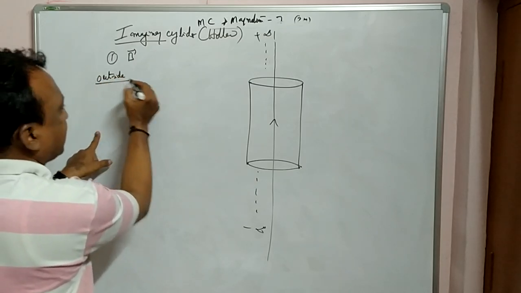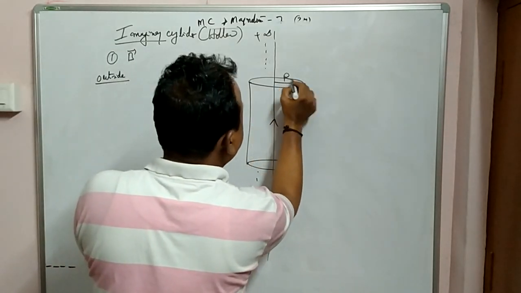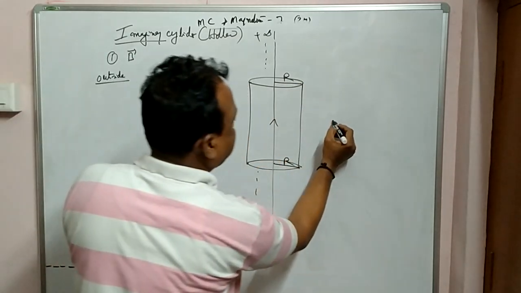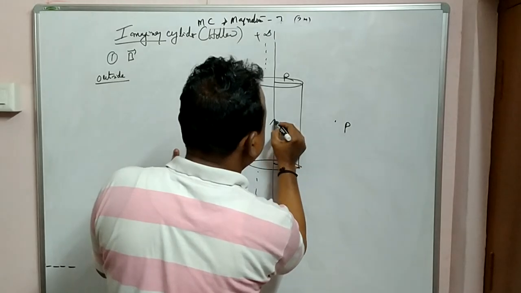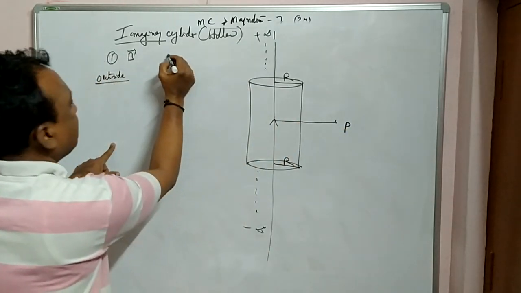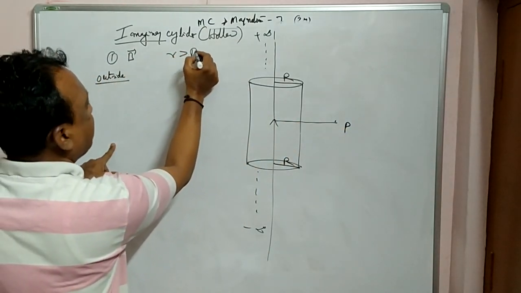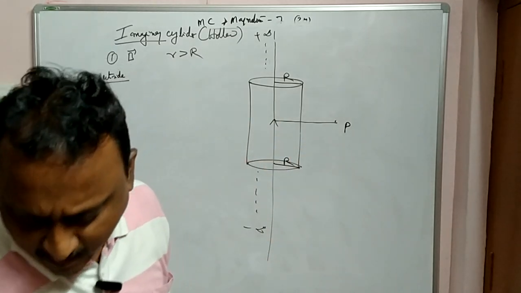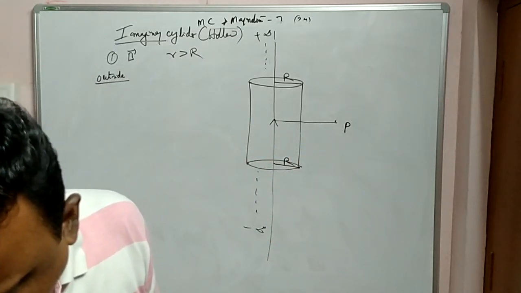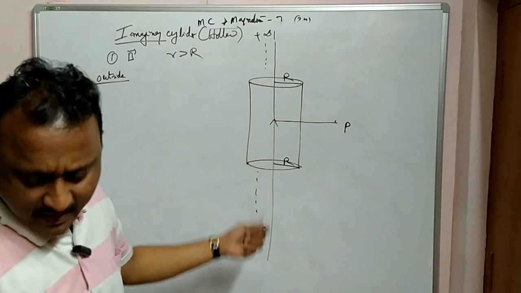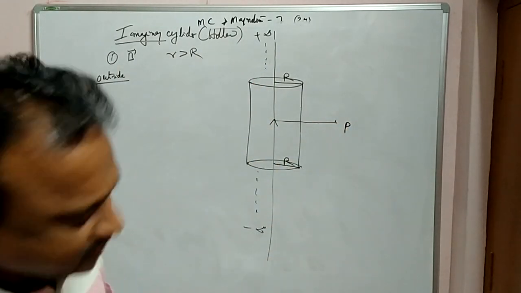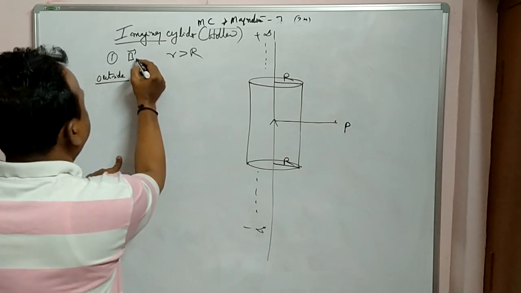Let the radius be capital R. Hollow cylinder, imaginary. Now we will try to calculate the field at some point P outside. So here small r is greater than capital R, outside. When you are calculating outside, I told you a number of times, you have to take the current at the axis, at the center point. Therefore, B is given by